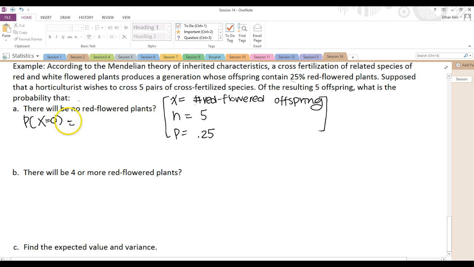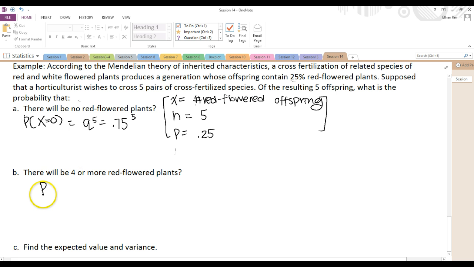Right? And if x is 0, then everything has to be white. And everything has to fail, so that's going to be q to the 5th power, or in this case, q is 0.75 to the 5th power. That's the answer. Right? And now it's asking, what's the probability that there will be 4 or more red flower